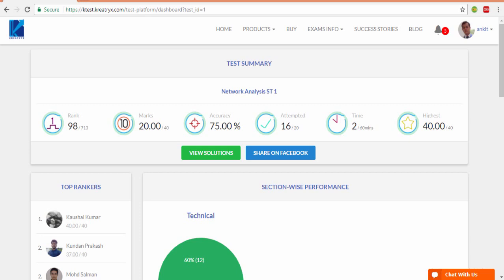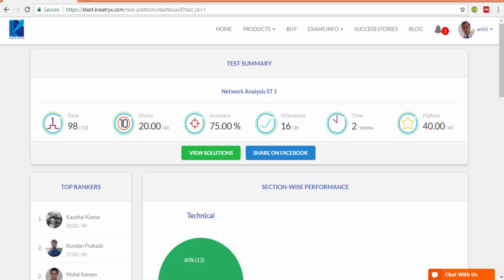But it does not make much of a difference unless the users are very large, because you never know in actual GATE how it will be like. Okay. Secondly, it is just a subject test and GATE is based on all the tests. So do not take this rank too seriously. Consider your personal improvement as the motive behind subject test rather than improving your rank. Okay. Next is the marks. Out of 40 marks, I have a total of 20 marks.